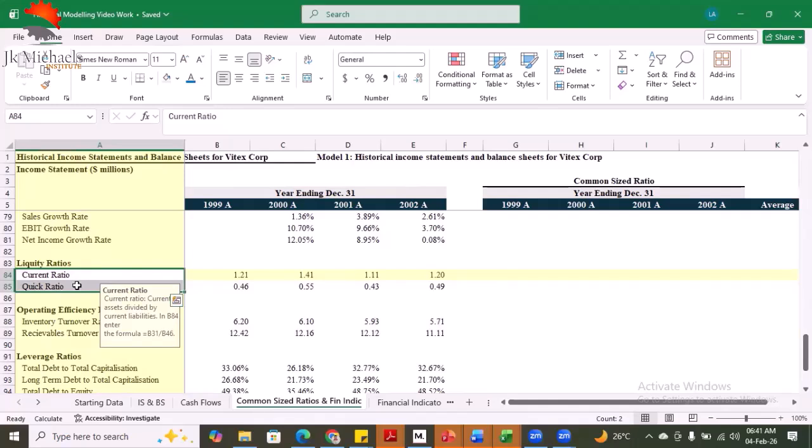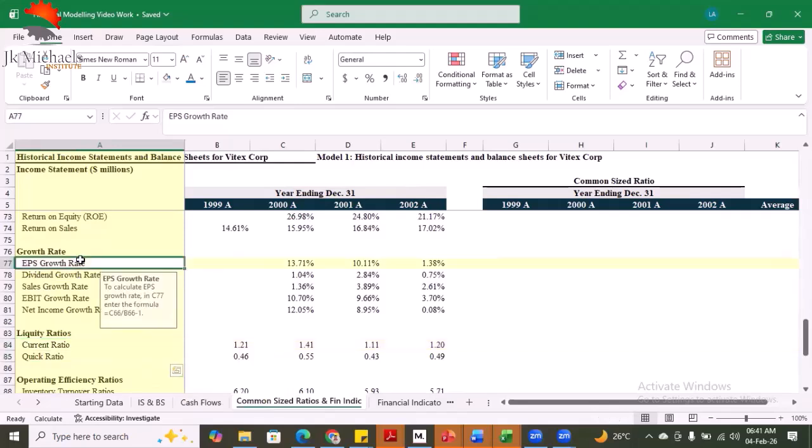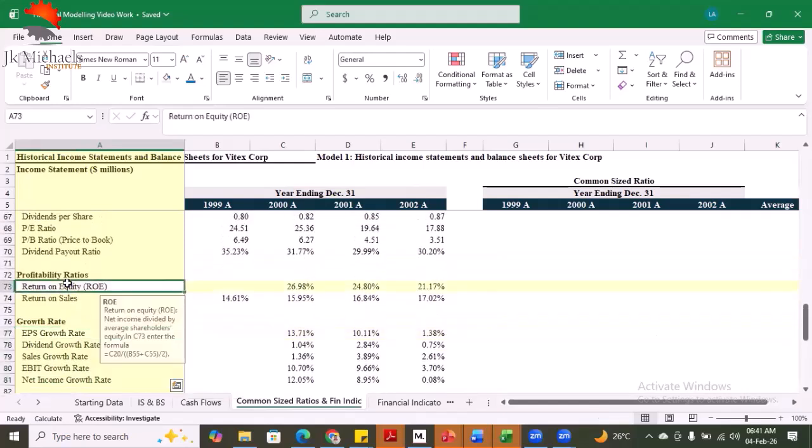We have these two measuring how much liquidity we have in the business. We're considering things like our current assets and then our current ratio, which is the amount of current assets to current liabilities, and our quick ratio, which is the amount of cash, marketable securities and accounts receivable to the total liabilities. And then, of course, we have our growth rates for sales, dividends, EBIT, net income,